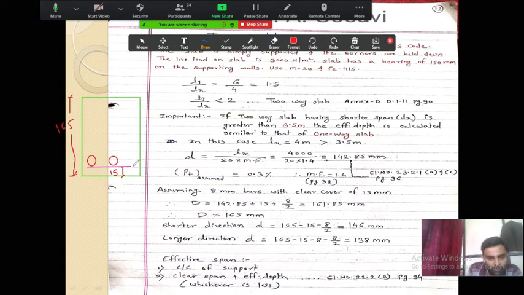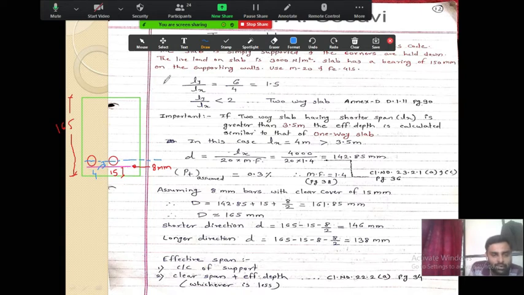What will be the diameter of this bar? The diameter of this bar is 8 mm. And again, if you see the center, this is the center line. Okay, so if this total diameter is 8 mm, this must be 4. This must be 4. And now we want to calculate the effective depth, the effective depth in y direction, so the effective depth in longer direction. These are the bars in the longer direction. This is the bar in the shorter direction.